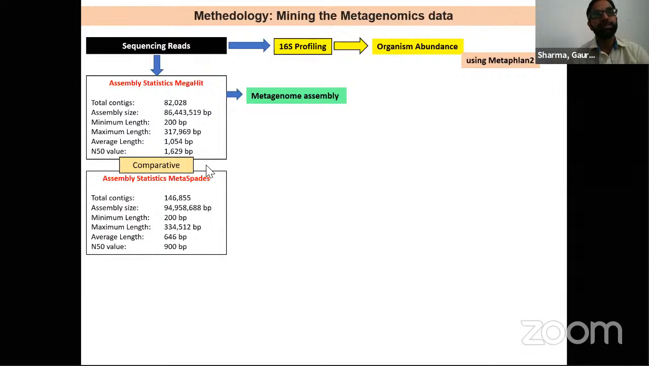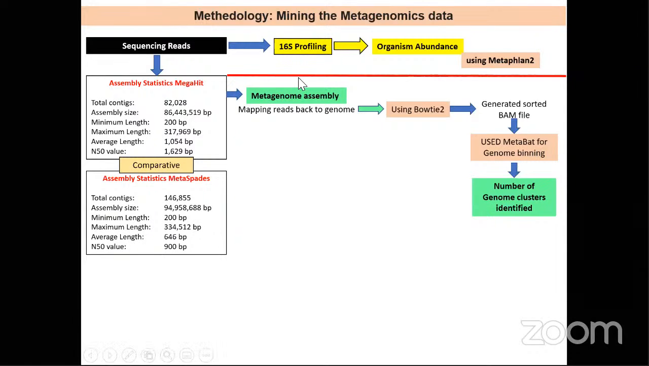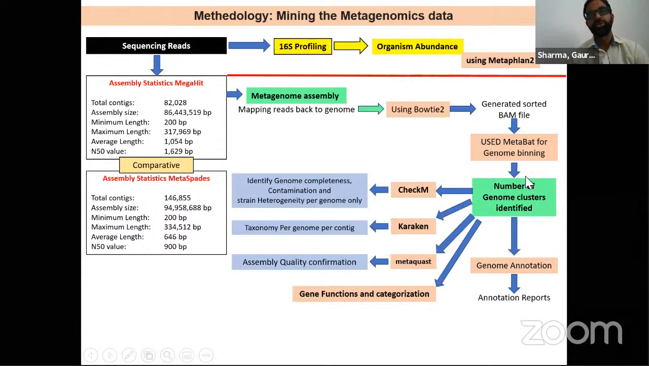Once we have done the assembly, we will map them to known genomes, and we will try to identify specific genomes within that total genome. So we will try to identify bins, which we call genome bins. Using different software like MetaBat, we try to identify genome bins. Let's say in a metagenome there are 100 genomes, let's assume. We try to identify those 100 genomes if possible,